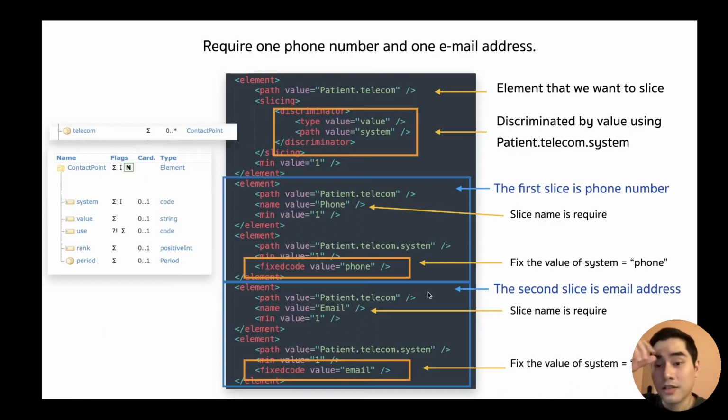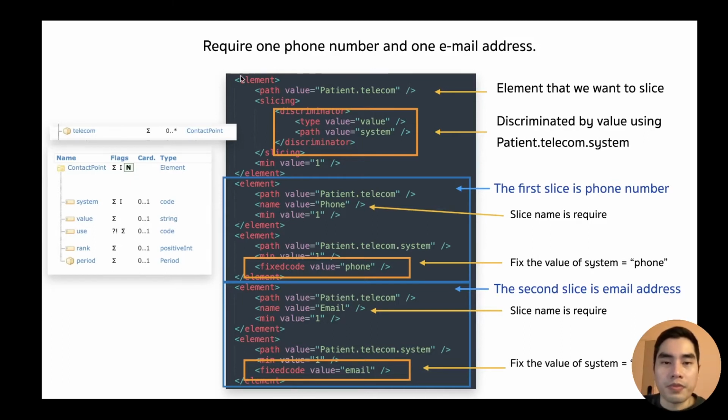This is what it looks like in the real structure definition in the telecom element that is being sliced. You don't need to create this by hand because we are going to use Forge, but this is what Forge will generate for you.